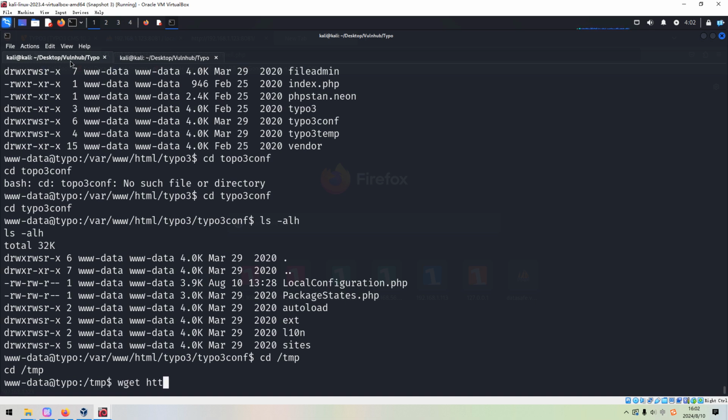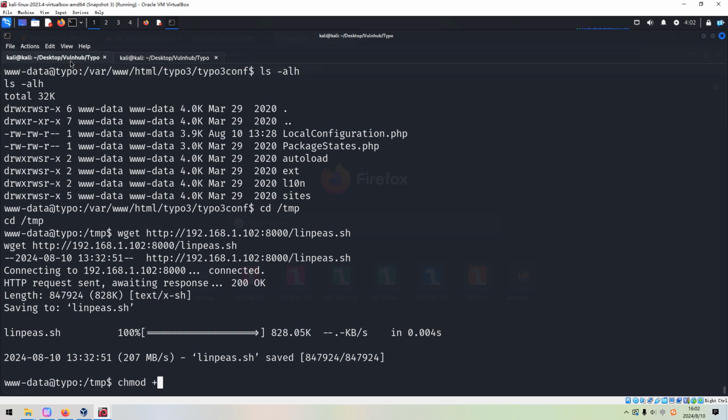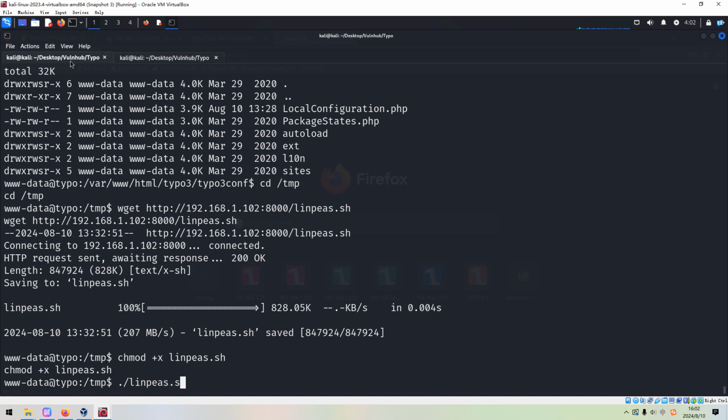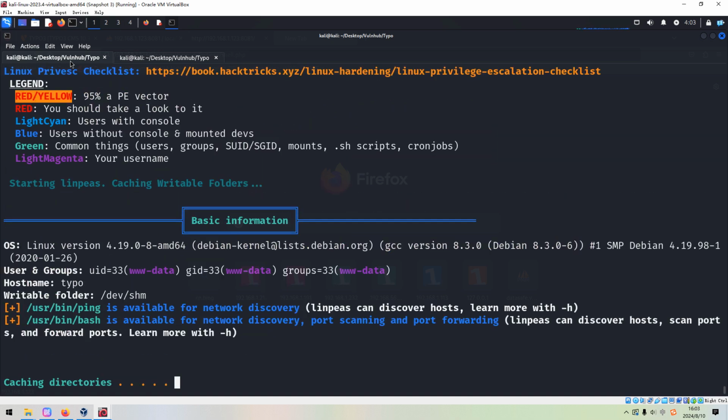And we can use wget followed by the IP address of the Kali Linux and the port number, the default port number by Python. So this should be LinPEAS. And we need to make it executable to run it. And then we can run it to see whether we can find any vector which can help us to elevate privilege.